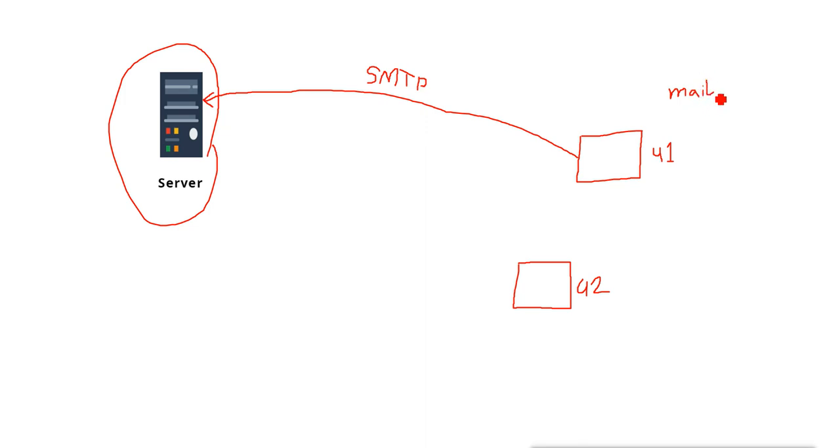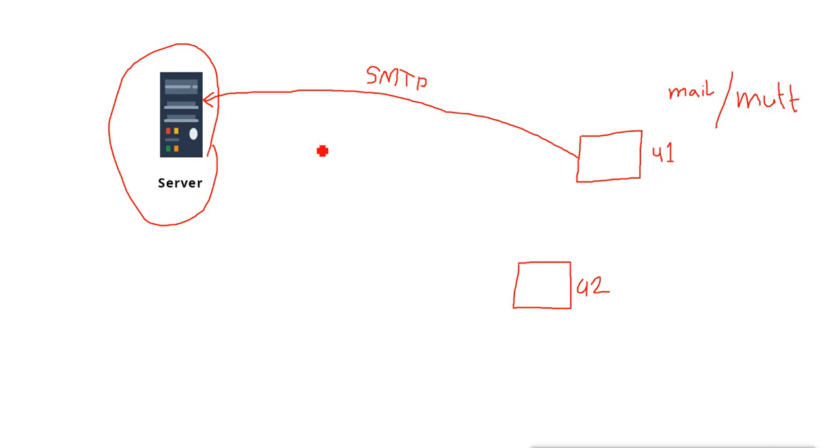And we can use any other tool. If you have a graphical version of the client, then you can use Thunderbird, Kmail. There are different applications available to send the mail. Or we can have another mail client, which is called Mutt. We can also use Mutt. It is also a command line tool which we can use to send and receive mail from the client to the server.